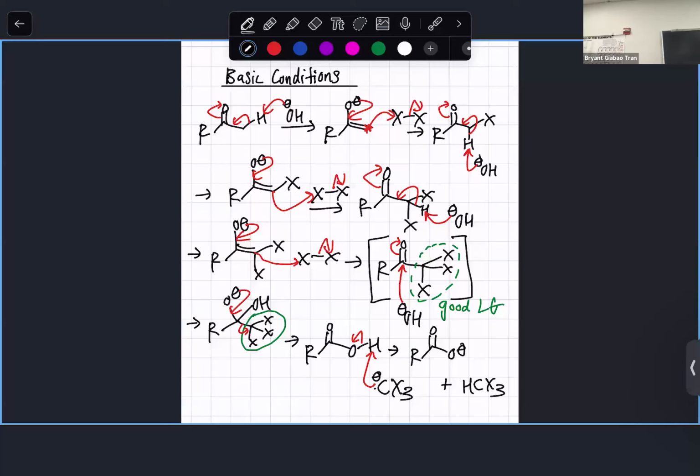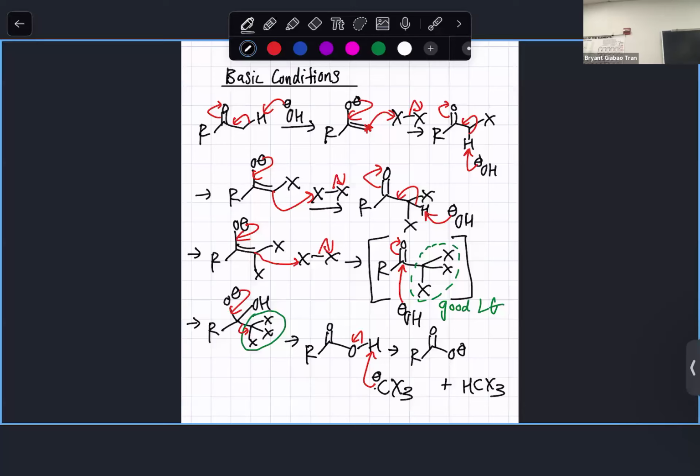We have two more alpha hydrogens, so we're going to repeat this whole process 2 more times until we get to this point here, right? Where we substitute all of the alpha hydrogens with halogens. Once we get that, we don't stop here because we're still in basic conditions and we have a good leaving group now, CX3. That base is just going to attack the carbon-carbon, pop the double bond onto the oxygen to